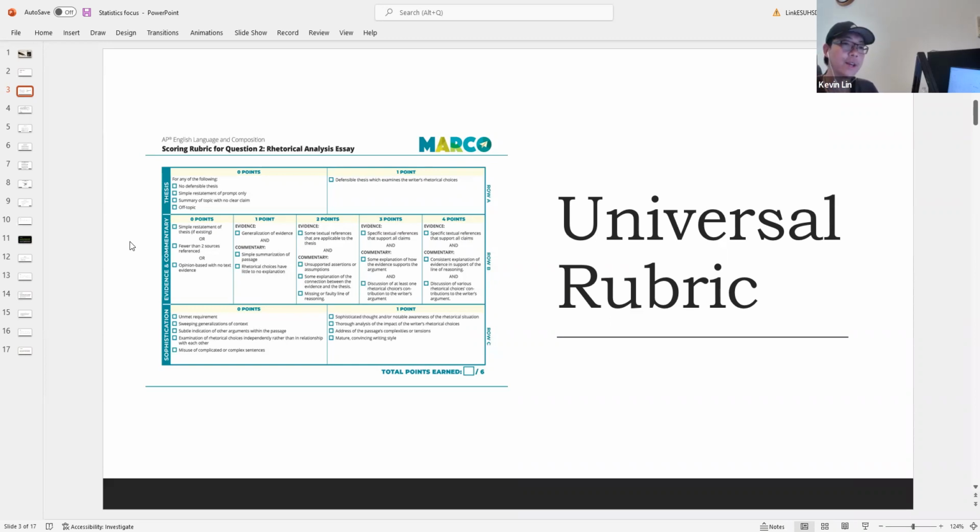It's always thesis, evidence, and then sophistication, right? So once you have that open, I'll open mine as well. Give me a sec, because this is kind of small here. So the universal rubric,